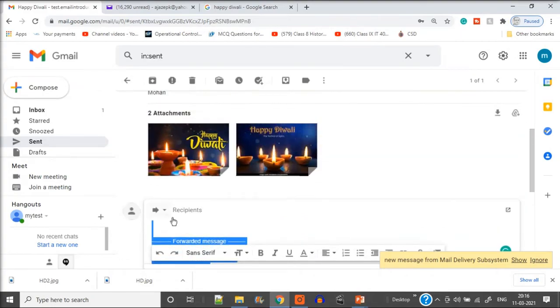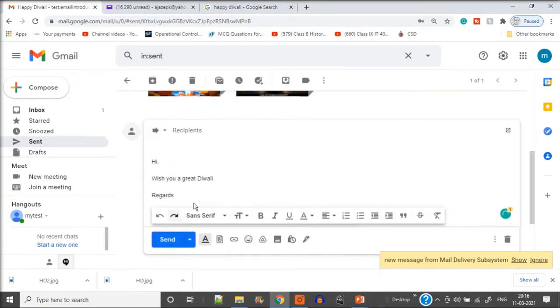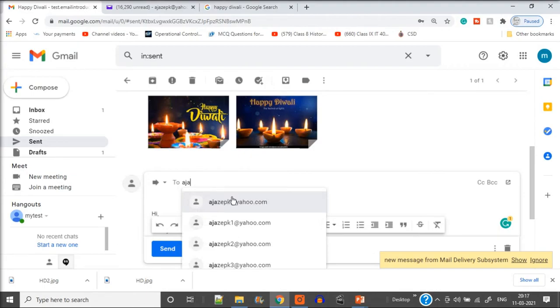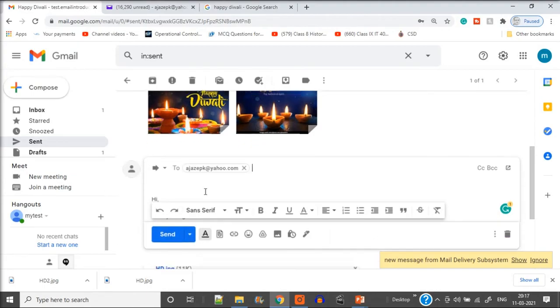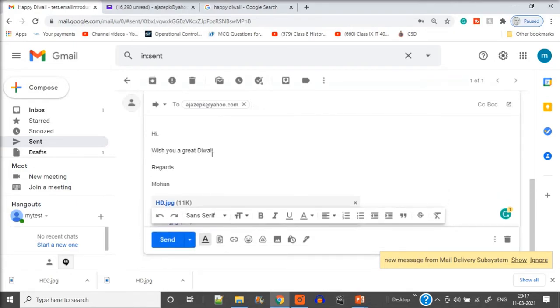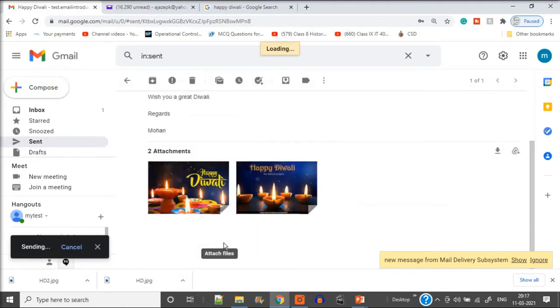The mail which I sent, I am forwarding it. And if you see, all the recipients are there. Okay, same content is there. Now in the recipient, I will add one more just to show you how this email will be seen when you receive it. Otherwise, the composing and send part is complete. I just want to show you that because of this Yahoo ID which we have, I am just forwarding this email. Okay, so you can reply also, forward also.